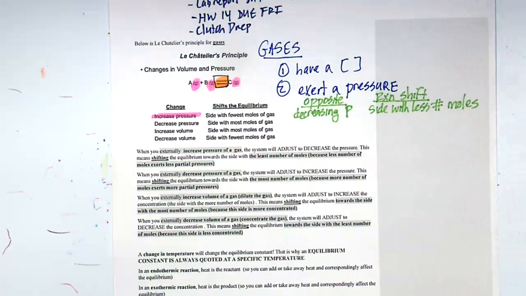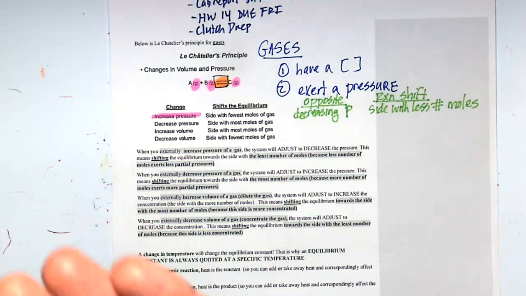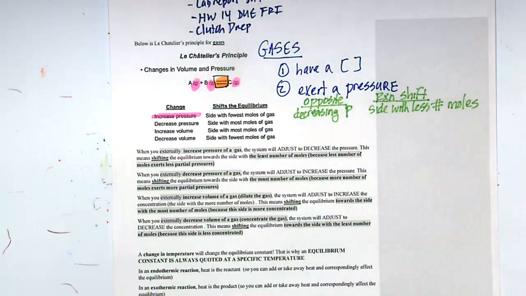So what happens if you disturb this? Disturbing this is Le Chatelier's principle. If you do something to an equilibrium, it's going to bounce back. It's going to reverse whatever you did to it. If you punch me and I move back, I'm not going to stand here and take it. I'm going to come back to where I was before. Same thing with an equilibrium reaction. How does the reaction compensate? It's going to do the opposite of whatever is done to the reaction.